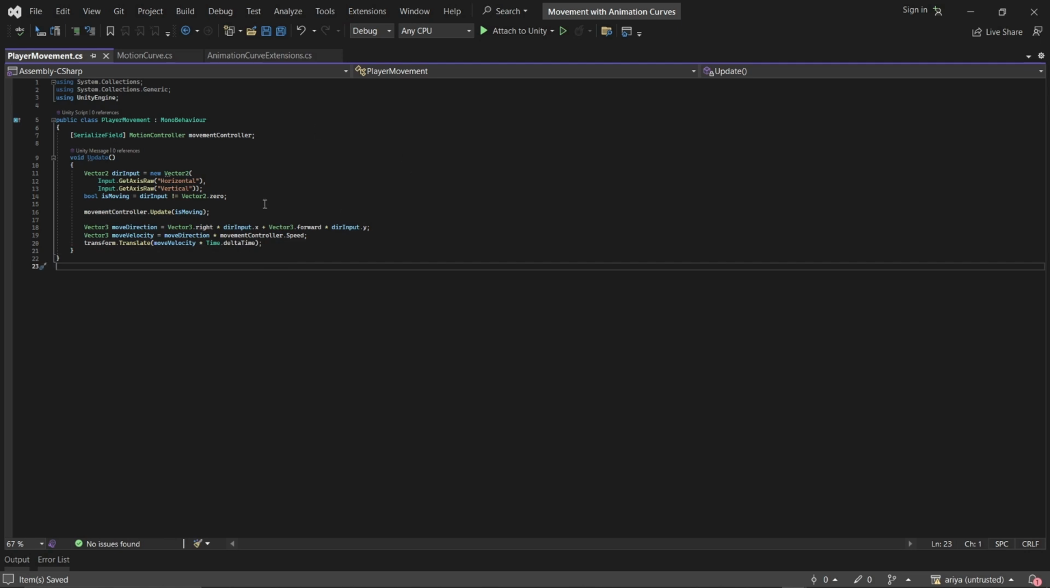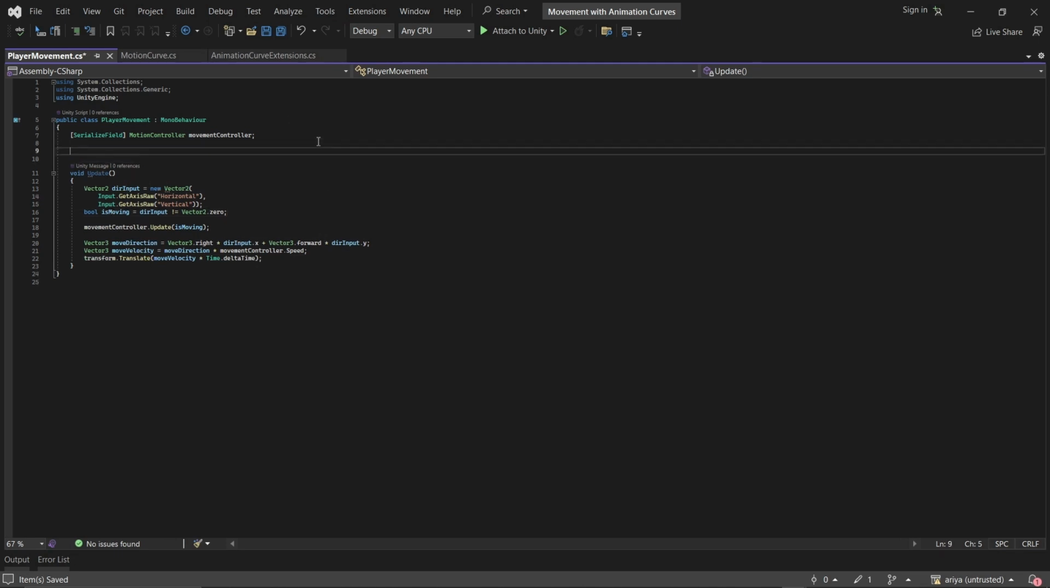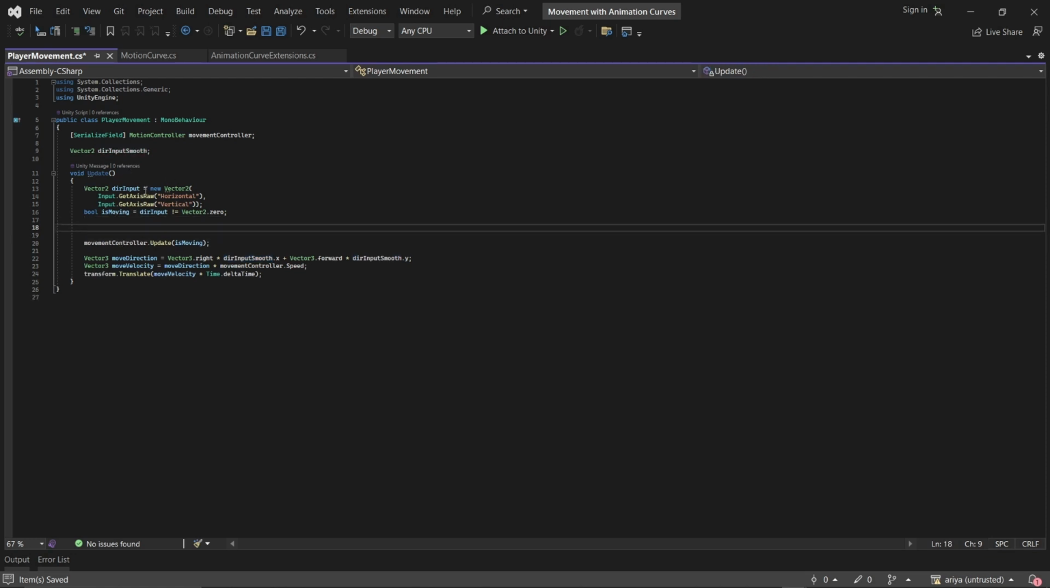And just one last thing I want to add, I want to make the direction smoother, otherwise it's going to be a bit too rough. So up here, we need a few variables. We need our smooth direction, so directionalInputSmooth. And let's use this instead of directional input for our move direction, so swap that out. And we're going to be calculating this by using the SmoothDamp function. So down here, after we get our input, we can say the smooth directional input is equal to Vector2.SmoothDamp